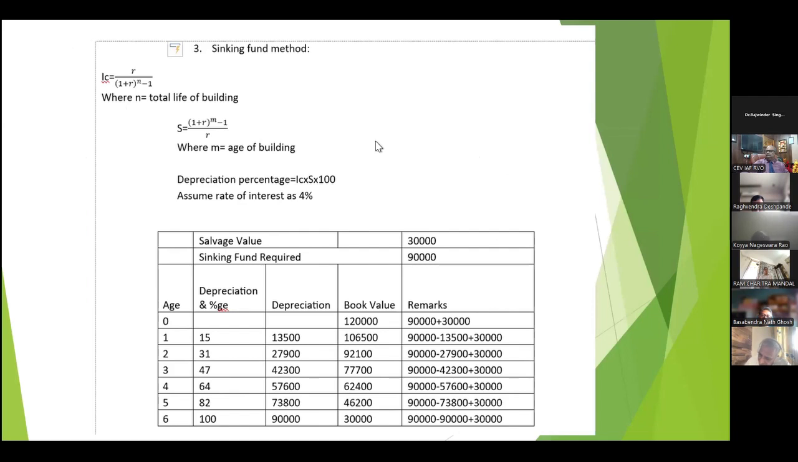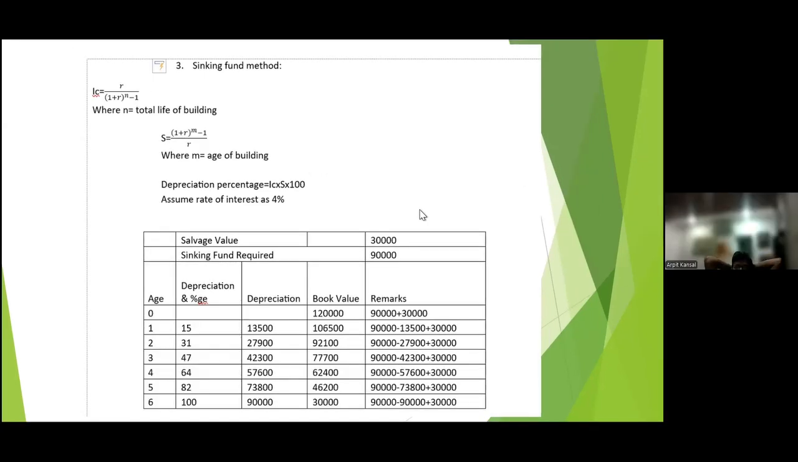Third method, you know, is sinking fund method. So in sinking fund method you have to calculate sinking fund coefficient and your amount of